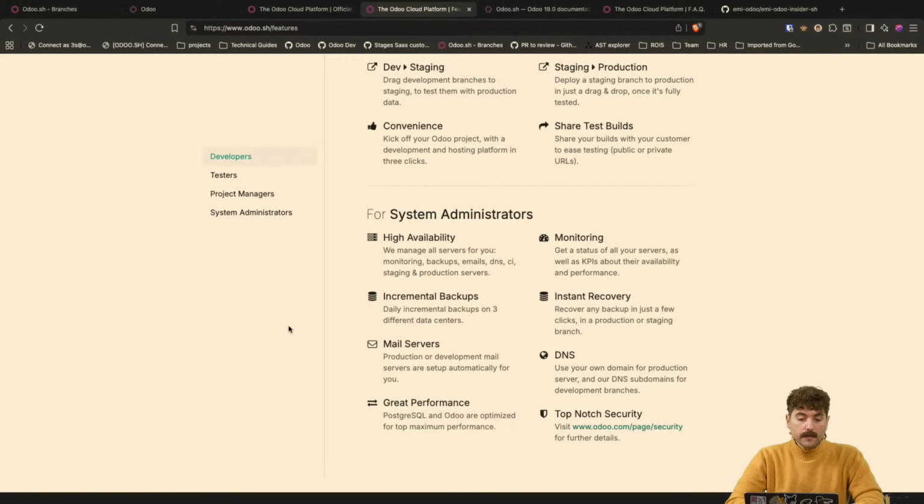They will not really be working actively on Odoo SH, but they might need to know that we have backups, that servers are already configured, DNS is already configured, recovery, and so on, security, everything is handled by Odoo SH,